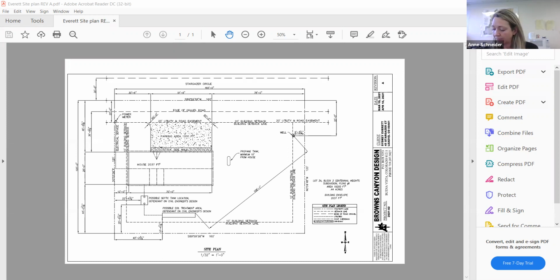So staff suggests that the hardship is that without a reduction in the setbacks, a property owner is not able to realize a realistic expectation of being able to put a single family home and align their infrastructure properly, their well and septic. We also want to be considerate of environmental impact. So with that, there are 2 recommendations.